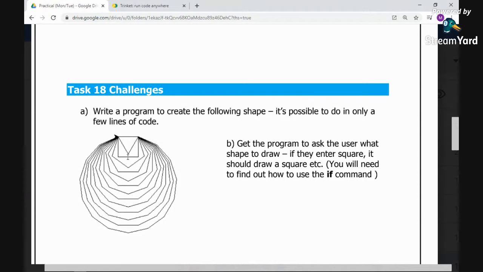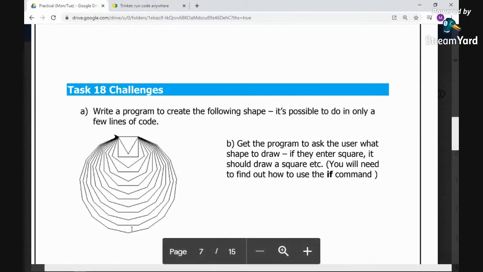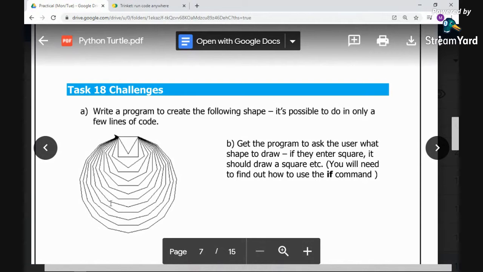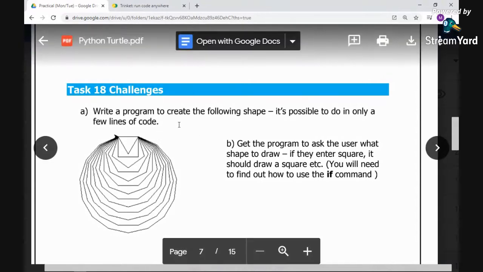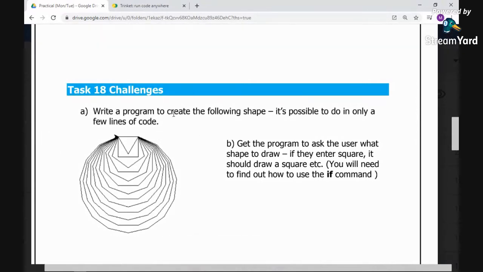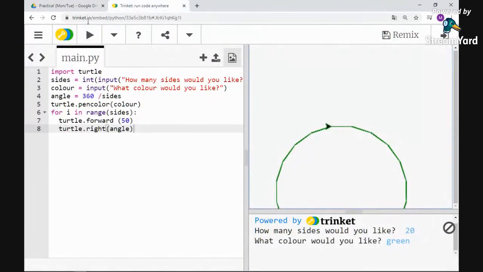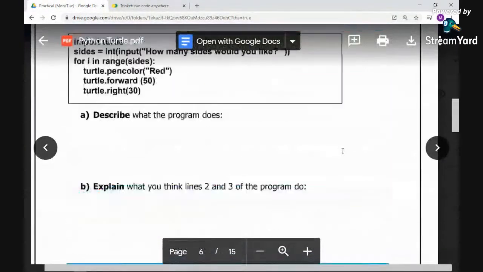Oh, I've lost count. Can't really see from here. 1, 2, 3, 4, 5, 6, 7, 8, 9, 10, 11, 12. Sorry, it's 13 sides this goes up to. So again, we're drawing 10 different shapes, but there are 13 different values there. So there are different ways of doing this, but you should be able to use a loop to do this. And again, it would probably be a loop inside a loop, like we did last week,